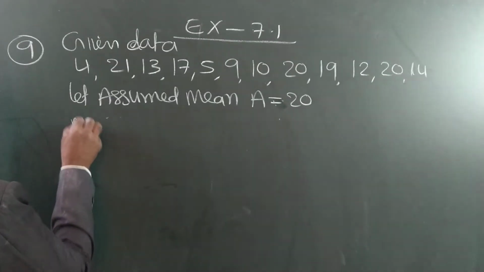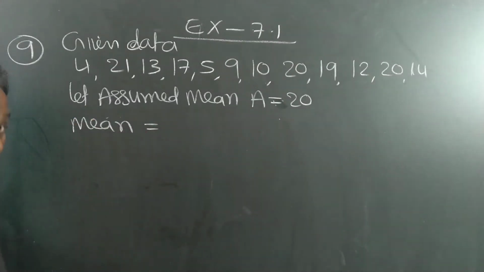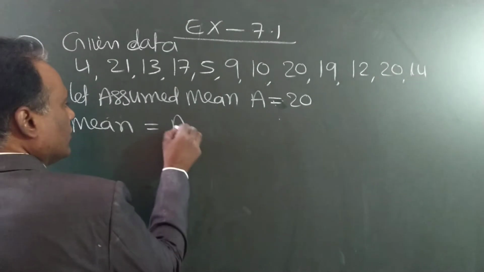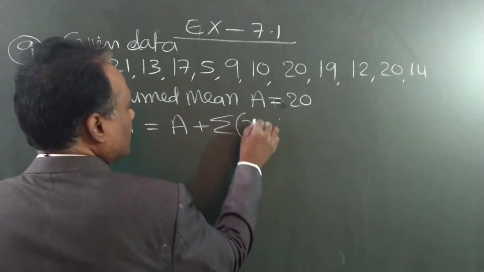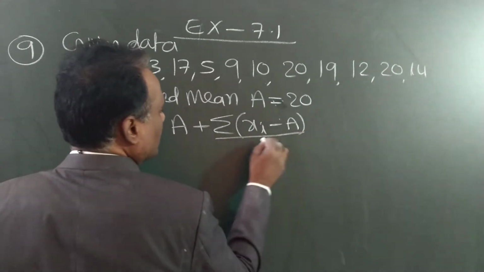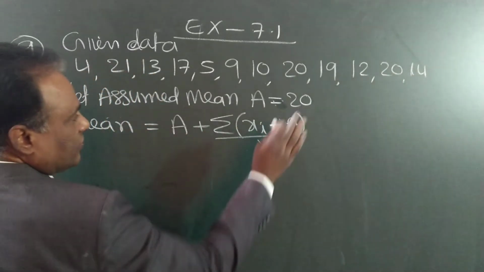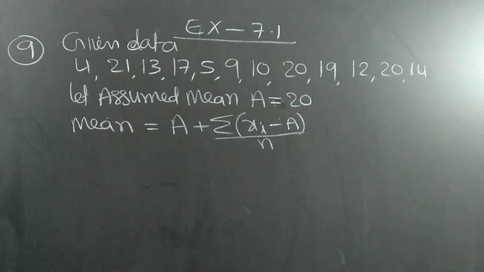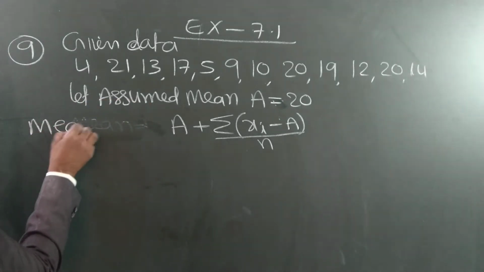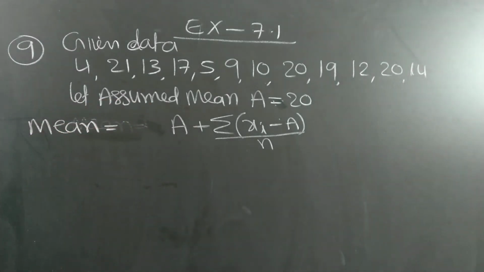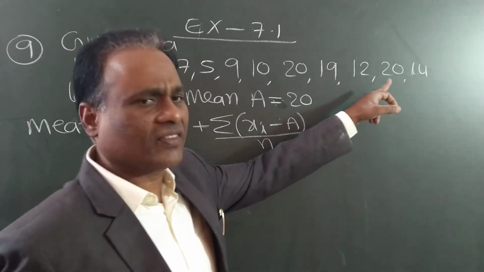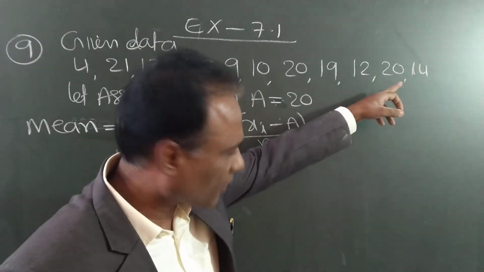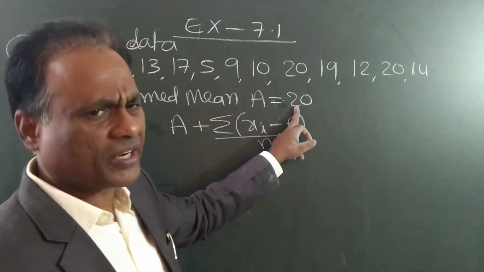Then the mean, or arithmetic mean, in this method, the formula is sigma xi minus A by n. This is the formula. This n is not for A. A is separate and this is separate. This is the mean. Students, what is A? Any number we can assume as A, which is called the assumed mean. Any number from this only. I took 20. Any number you can take. 20